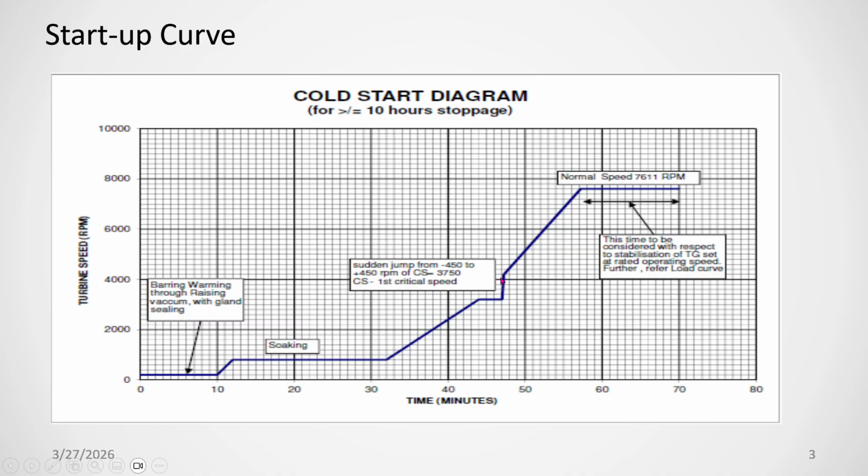Then again, when you are passing the critical speed, you gradually increase the RPM up to the rated RPM and keep it there, and see whether your AOP, the auxiliary oil pump which was running, and the MOP has taken over or not. Once the MOP takes over, you have to close the auxiliary oil pump and keep its valve open for emergency standby, and then see whether the governor has taken over or